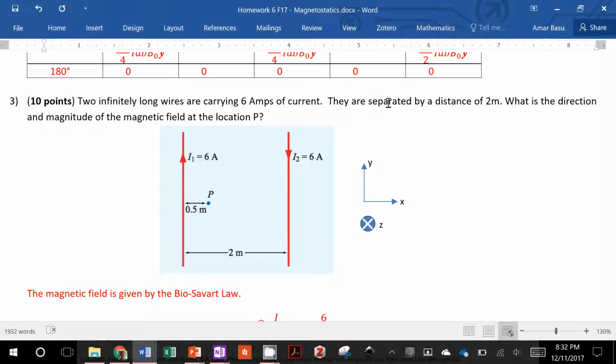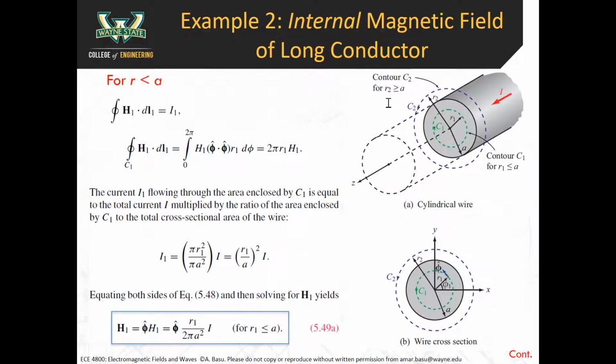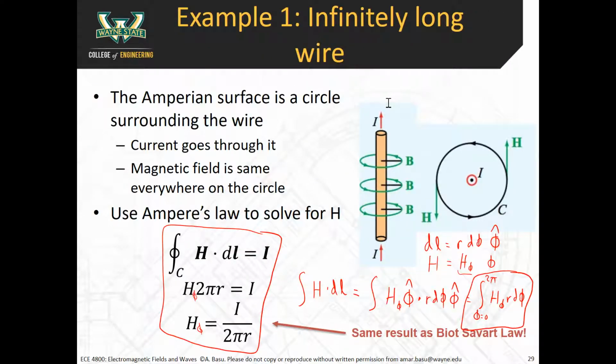currents, if you just have a single wire, you can use the Biot-Savart law to calculate what the magnetic field is. You already have the equation for that. That's what we covered here. If I ask you what the magnetic field generated from that wire at some point in space is, here's the equation you can use: H phi is equal to I divided by 2 pi r. The magnetic field drops off as 1 over r as you go away from that